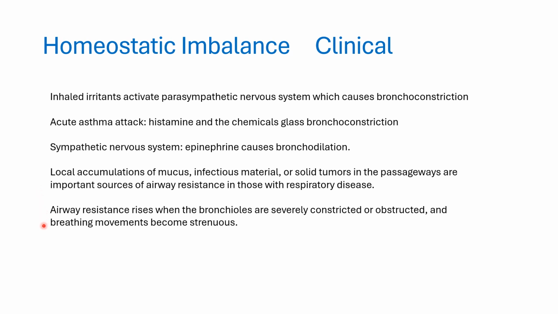So sometimes under special conditions, the resistance becomes important. When does that happen? If someone inhales some irritants, those irritants can activate the parasympathetic nervous system. Parasympathetic nervous system causes bronchoconstriction. It is going to constrict the bronchi and the bronchioles, and the resistance will increase. And then in acute asthma, the histamine also causes bronchoconstriction. And then we know that the sympathetic nervous system causes bronchodilation. We went over it when we were doing the fight and flight response. That sympathetic nervous system dilates the bronchioles, and also epinephrine is used as a drug in different situations when